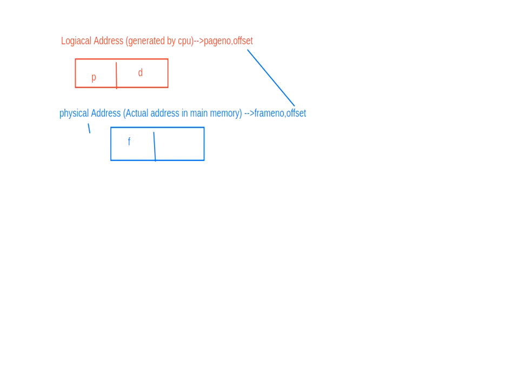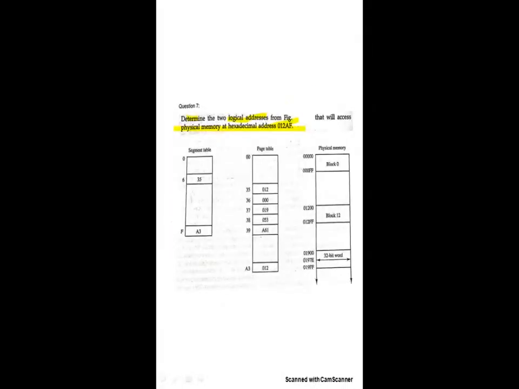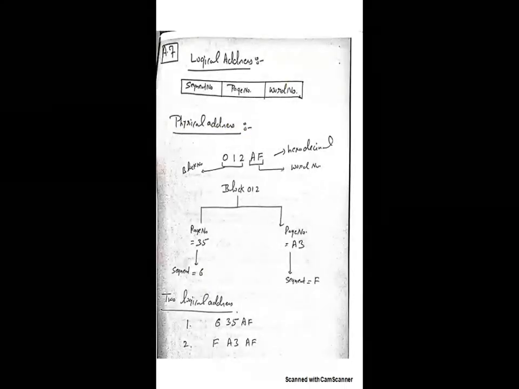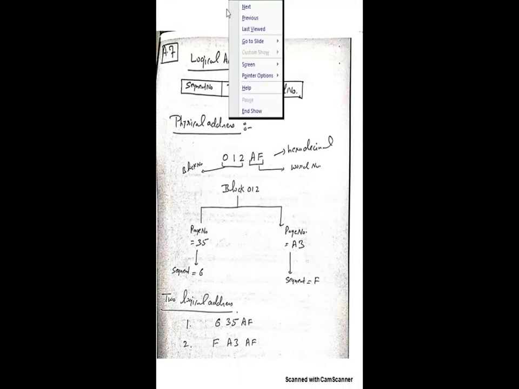let me go to the application screen. So let's come back here. He has given the physical address. Physical address means the frame number is given and the block is given. That is, the frame number is nothing but the block number, and the offset. So let's go here. See, as it is shown here,